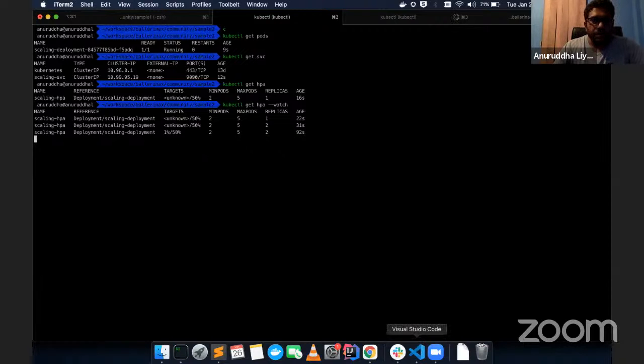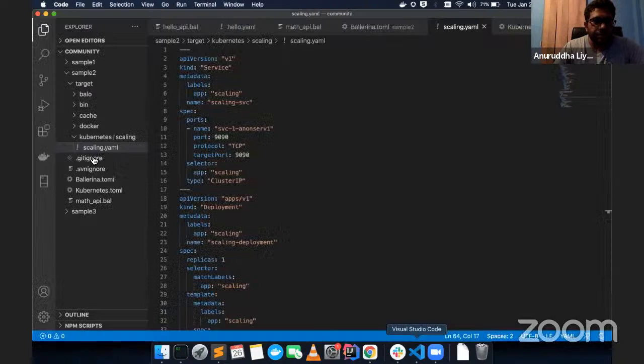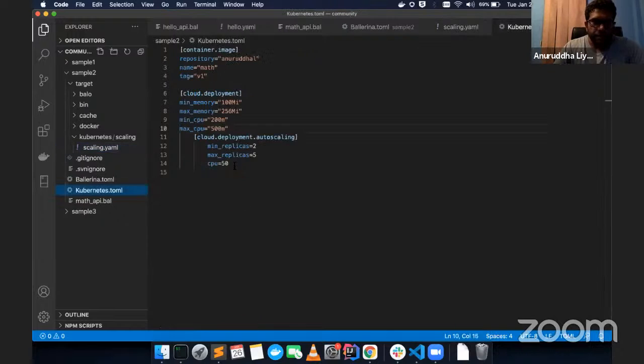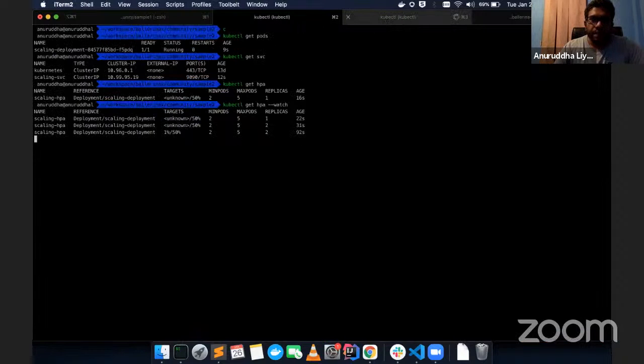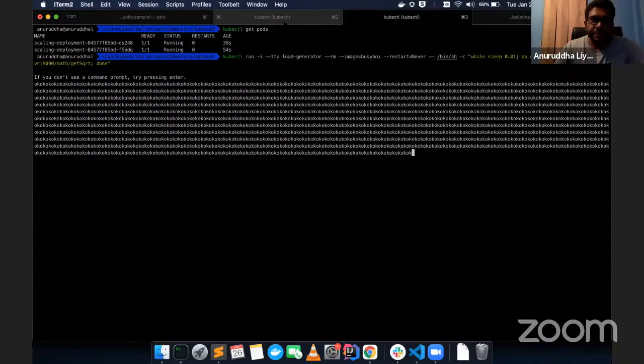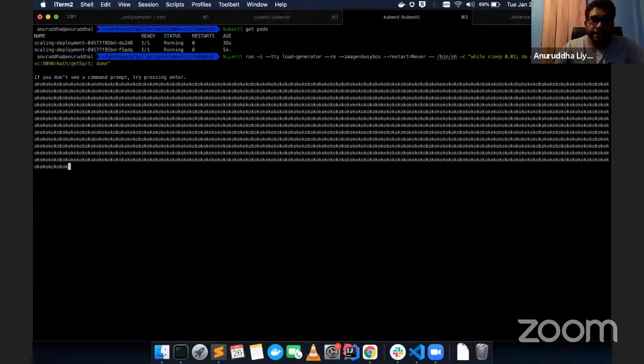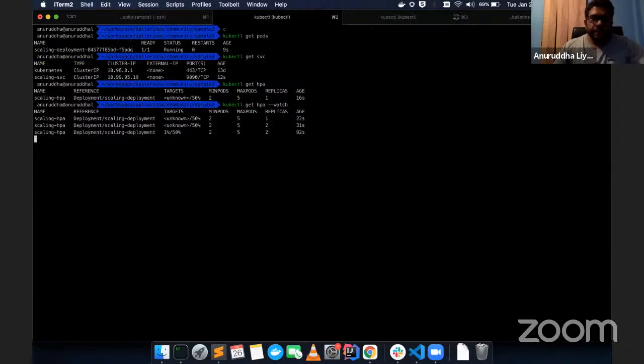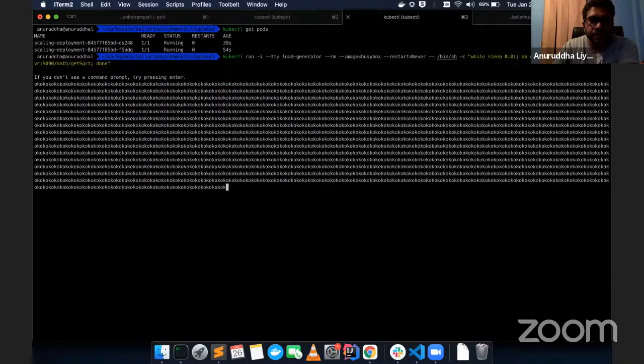We have reduced the thresholds as well. It should be 50% and 100. It's around 1 minute.